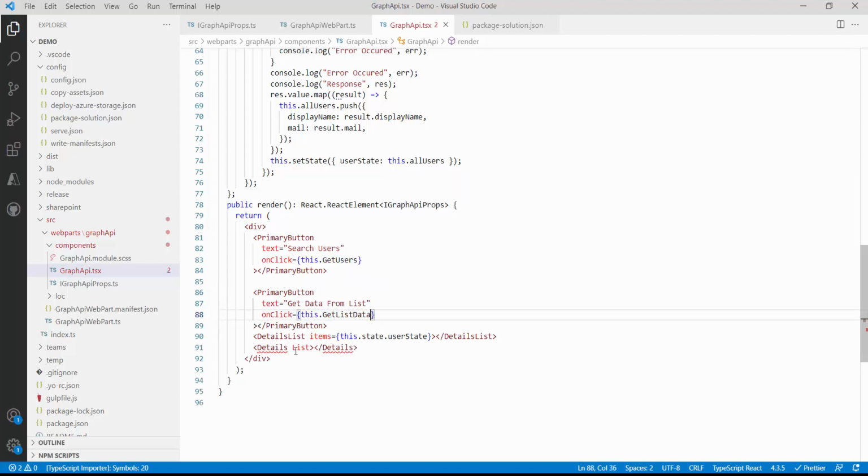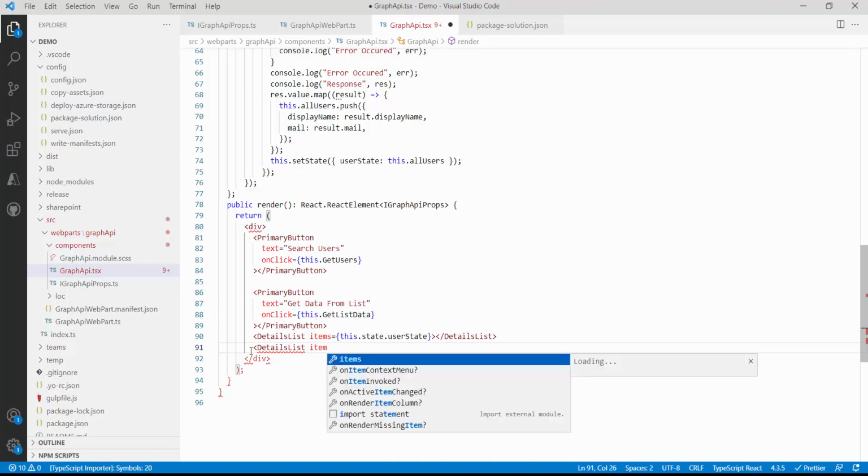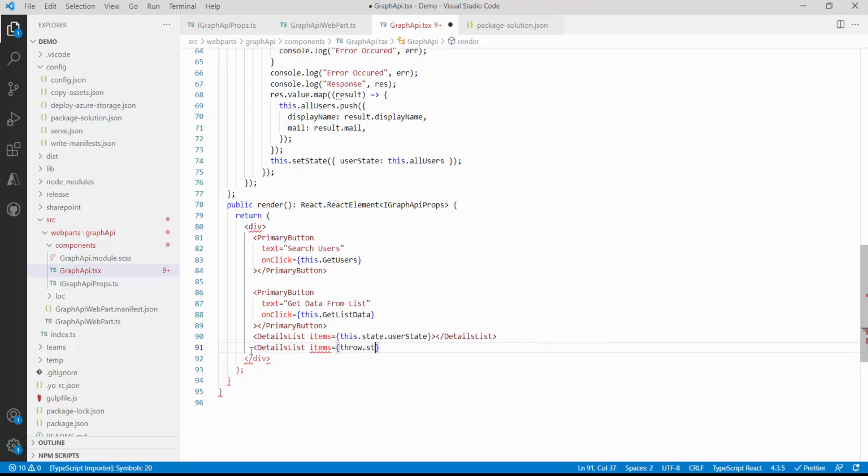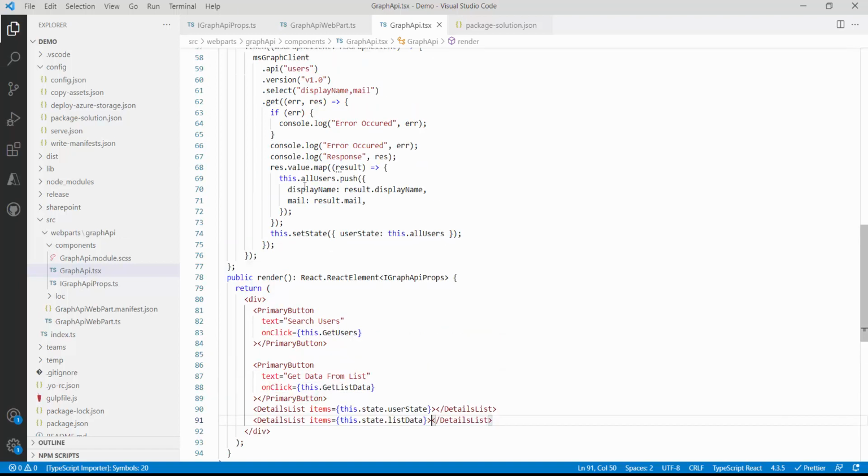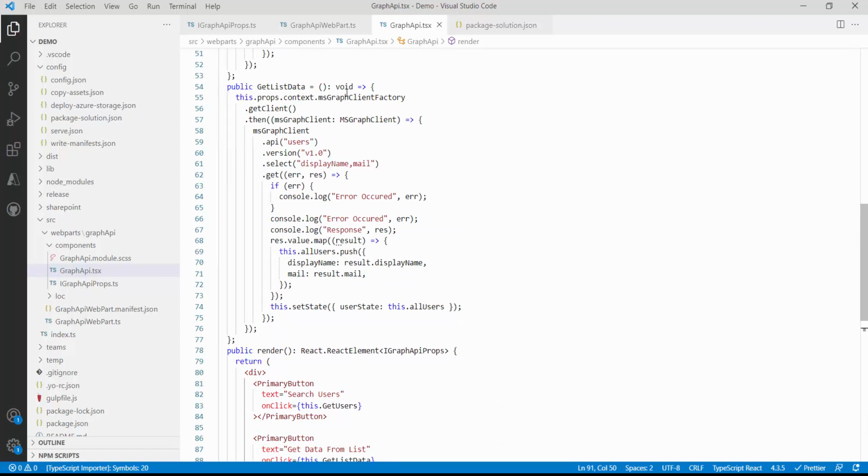So this is also ready, and in this, let me see whether this is the details list. I will try to assign that state, because the state is ready. Now I can assign it so that we can get rid of this error. Items is equal to this.state.listData. This is also fine.